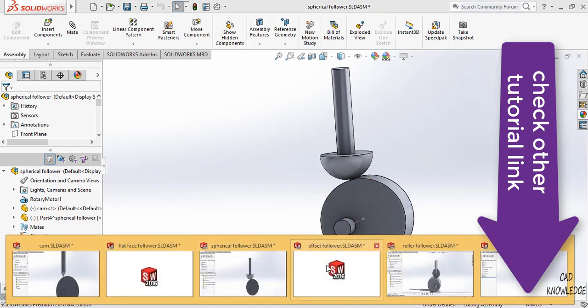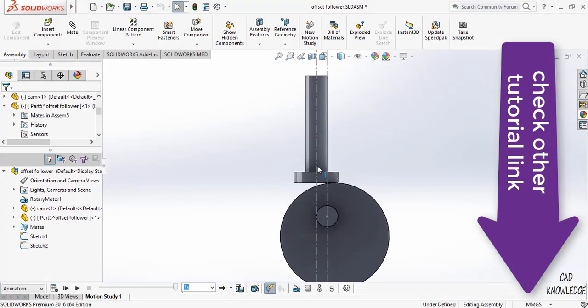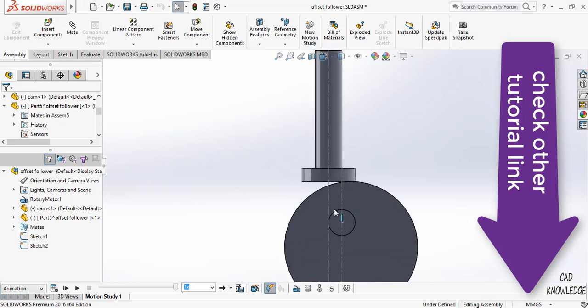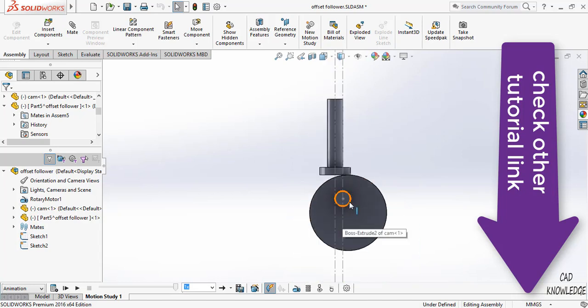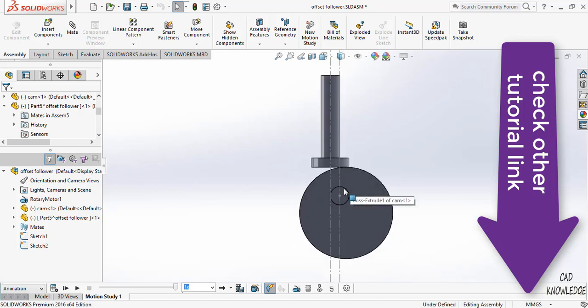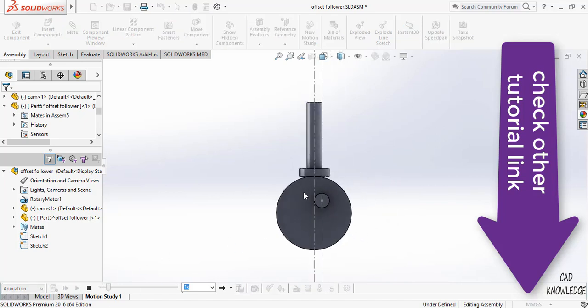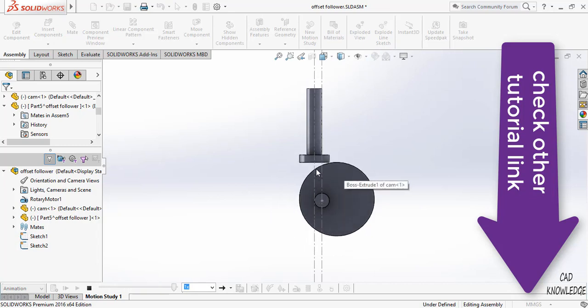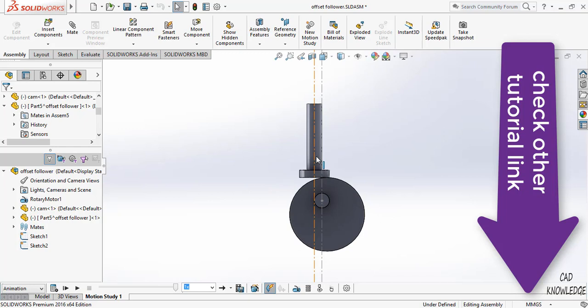Now let's see another one, that is the offset follower mechanism. Here you can see that the axis of this follower is offset from the axis of the cam. So a question arises, what is the advantage of this? The main advantage of this type of follower is that when the follower is ascending or descending, it produces less stress as compared to the others.